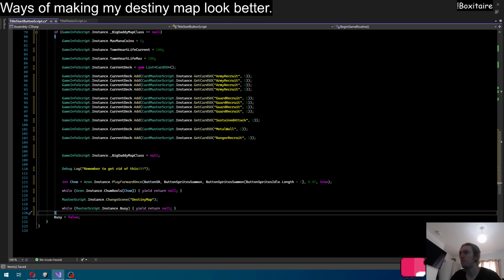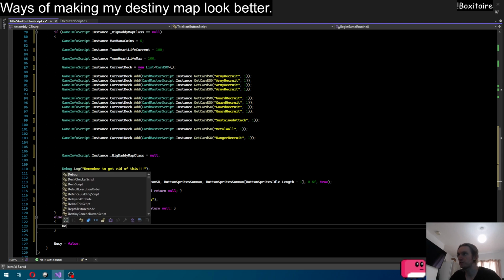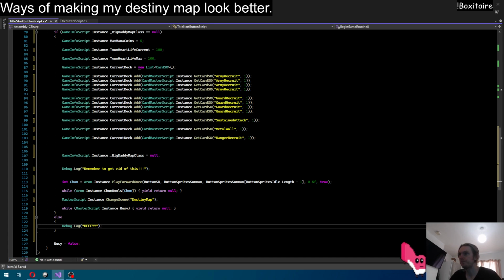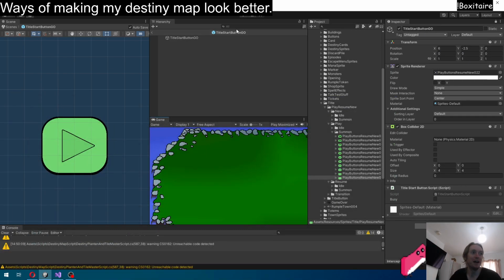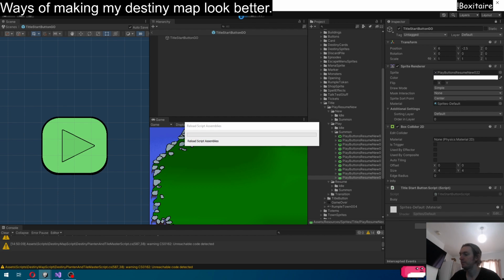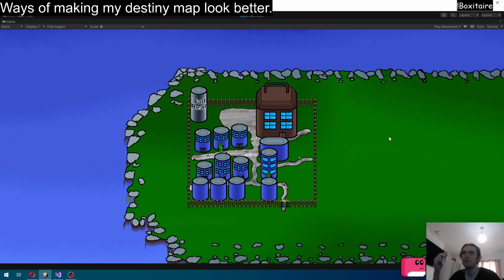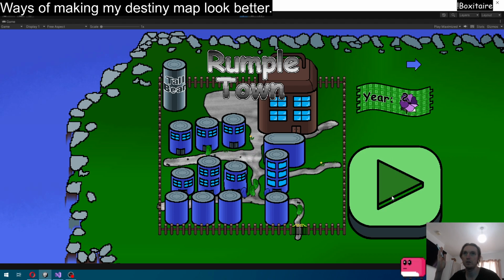Okay. I'm just going to have else, and then we're just going to have a debug.log saying hey. All right. So we can actually find out if this Big Daddy map class is equal to null, because at this precise moment I don't know. So if we press play, okay, so that's summoning, that's good, that's exactly how I wanted it to do. And then